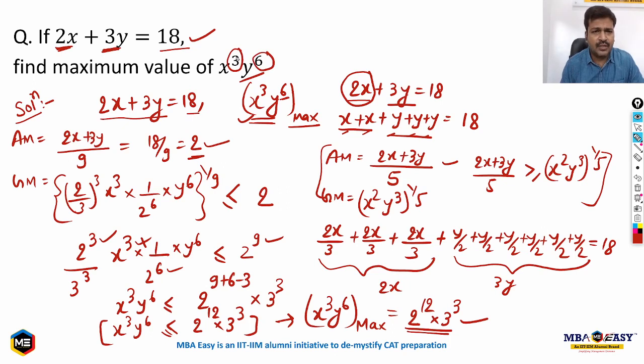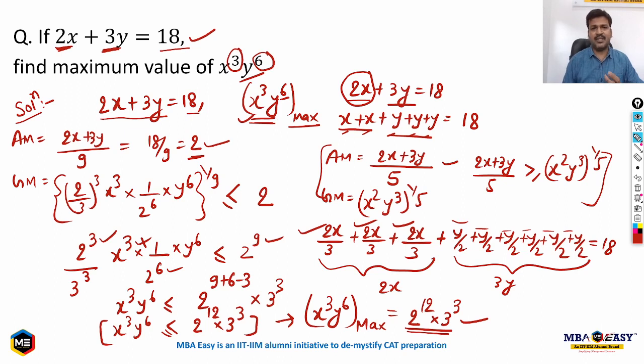अगर यहाँ पे 4 होता तो इसको हम लोग 4 पार्ट में डिवाइड करते, तो 2x by 4, 2x by 4, 2x by 4, 2x by 4 like that. और then उन सब quantities का AM लेंगे और GM लेंगे. AM लेंगे तो यही आ जाएगा 2x plus 3y, और जब GM लेंगे तो हमारा जो expression चाहिए, x को 3 times multiply होना है because हमने 3 x वाली quantities ली हुई हैं. So x cube आ ही जाएगा. y की 6 quantities ली हुई हैं तो y का power 6 आ जाएगा. So that is the basic idea.